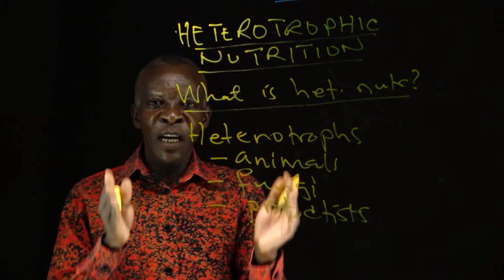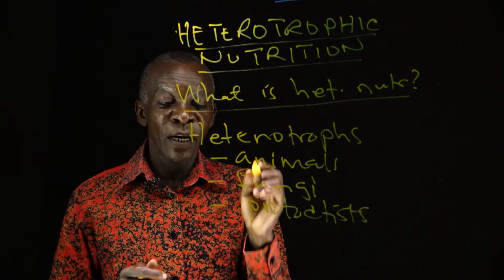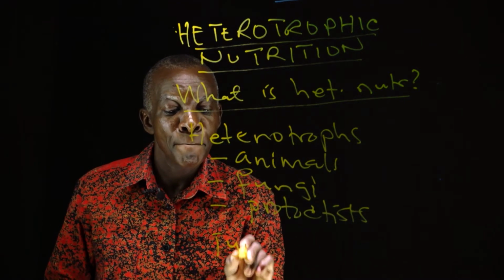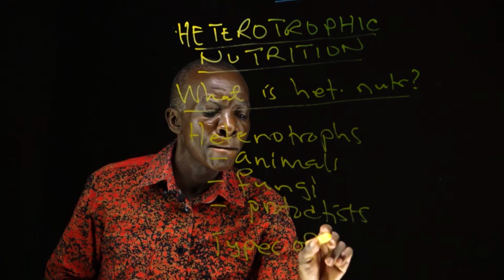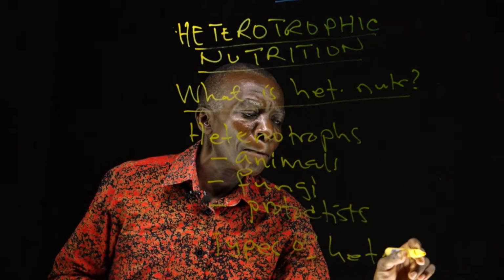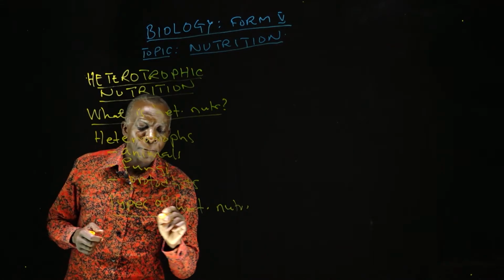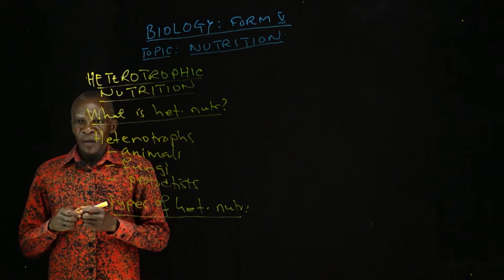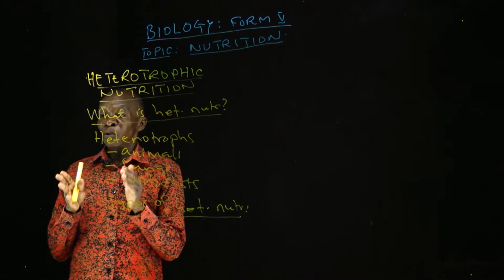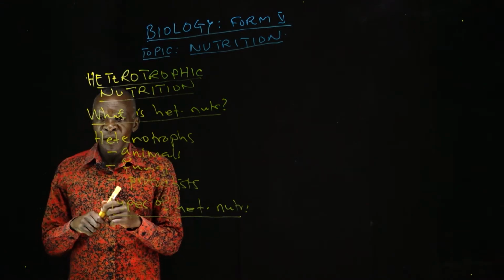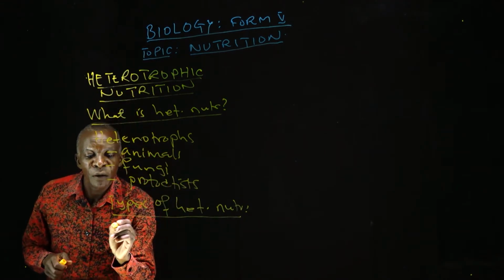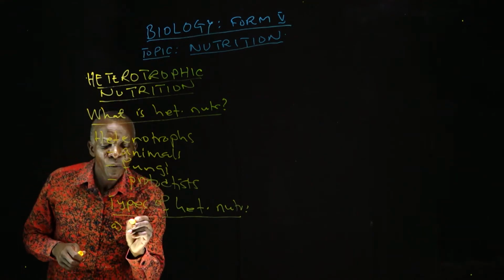And we have the different types of heterotrophic nutrition. There are different types of heterotrophic nutrition, which include, one, we have